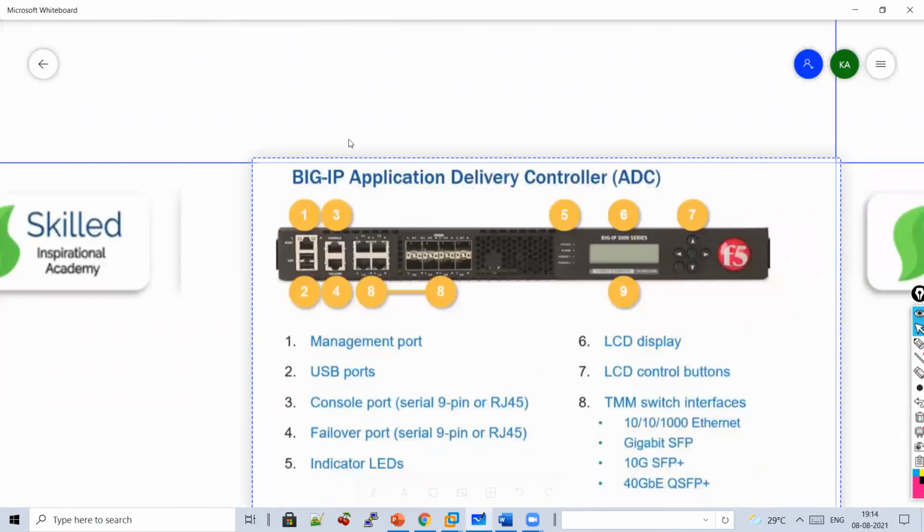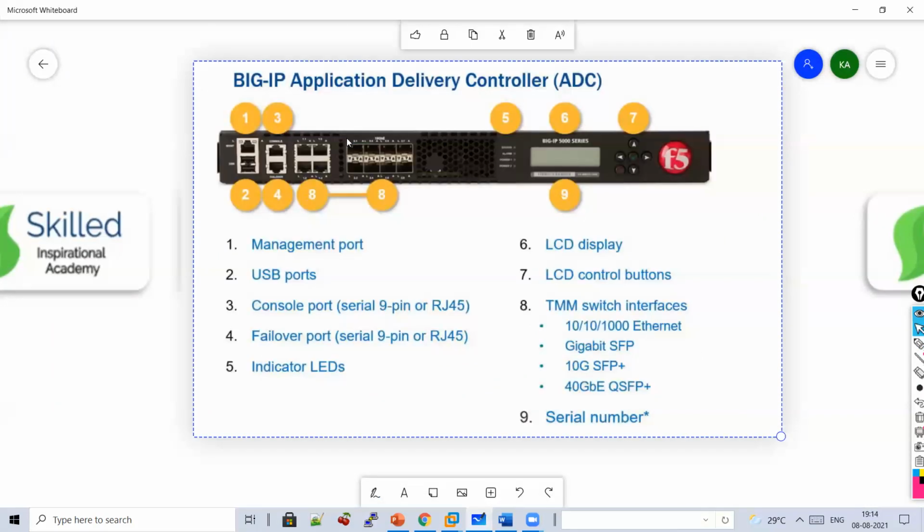So let's decrease the size. Now guys, in this architecture, if you see there are LCD display and LCD control button. So what happens in this case is sometimes this LCD display and LCD control buttons will help you, your data center engineers. They will tell you to give your IP address.